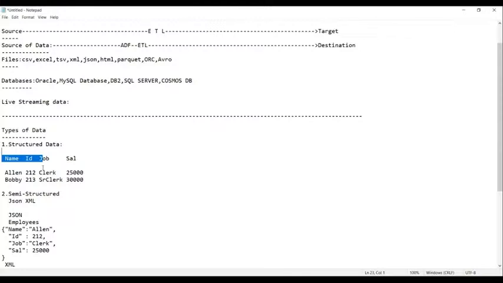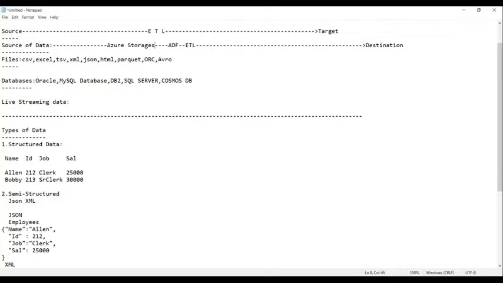Before we start the process of ETL, or apply ADF on the data, we require to store the data in Azure. We call it Azure storages.